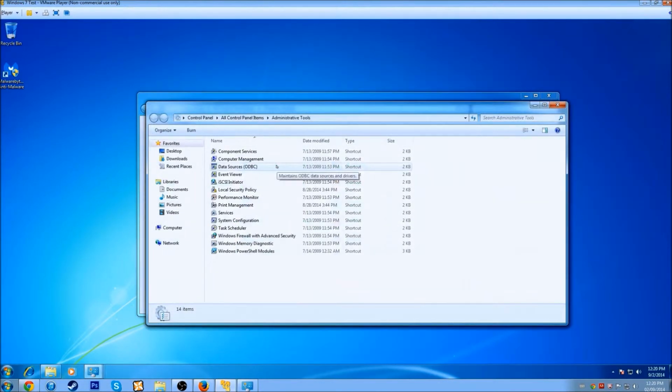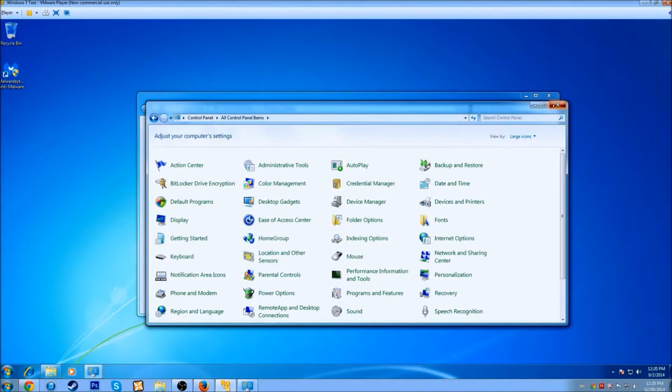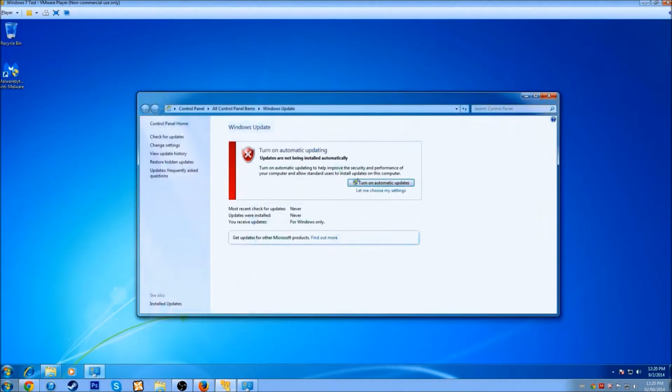Might even be under administrative tools. Okay, no, that was wrong. That was my bad. But control panel, or just the search, are easy ways to find it. But anyways, we're here on our Windows Update page, and you see right now it says turn on automatic